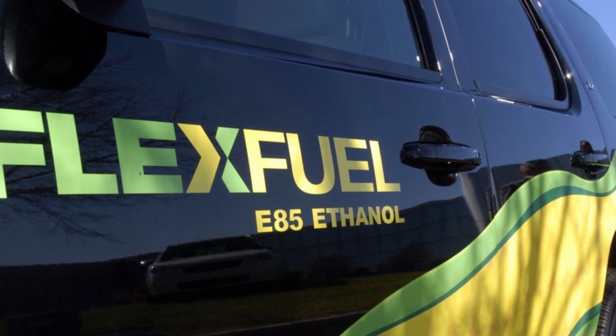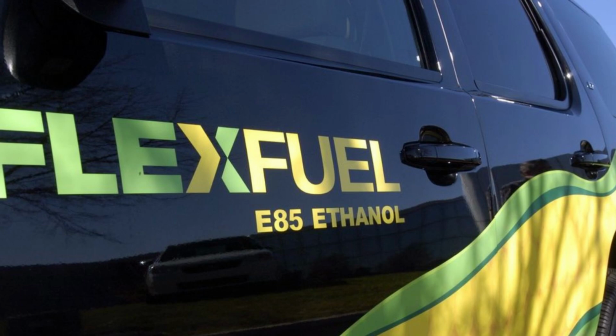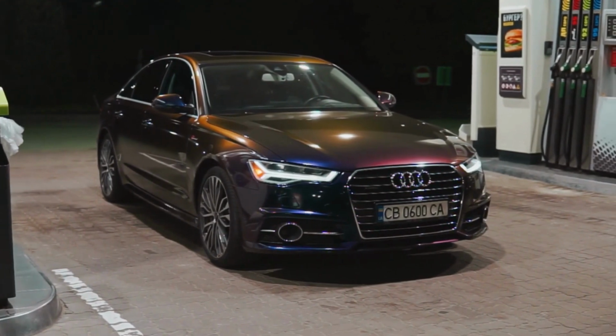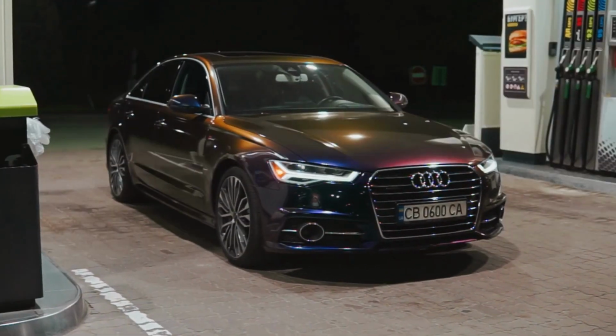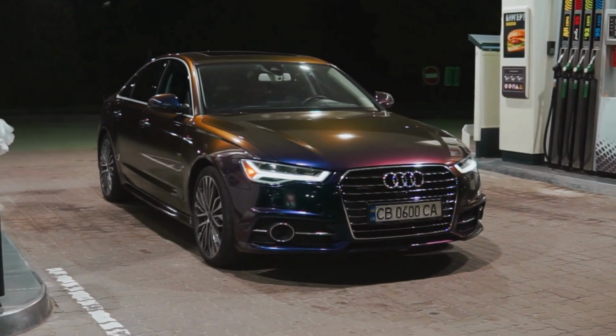The advantages of flex fuel vehicles. There are several advantages to owning a flex fuel vehicle. First and foremost, they promote the use of renewable energy sources. Ethanol, one of the main alternative fuels used in FFVs, can be produced from various plant-based materials, reducing our reliance